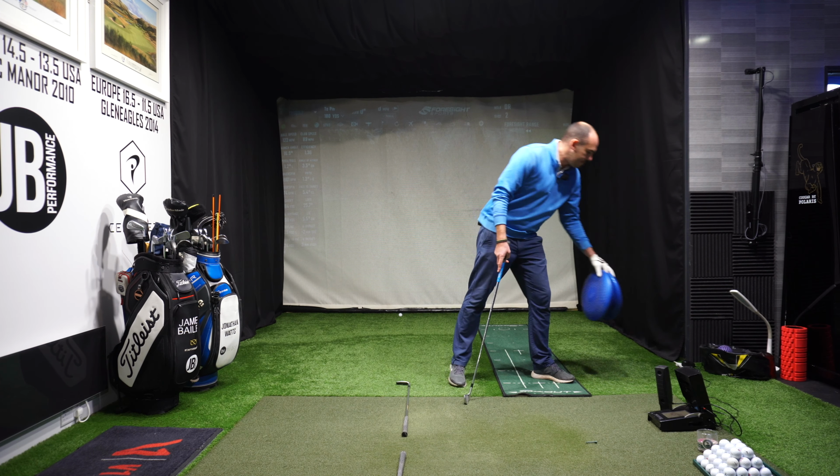Now I'm probably going to move these grips a little bit further away. Not bad, actually, as a complete guess. I think I might get away with that and still get it on my launch monitor. So I'm trying to